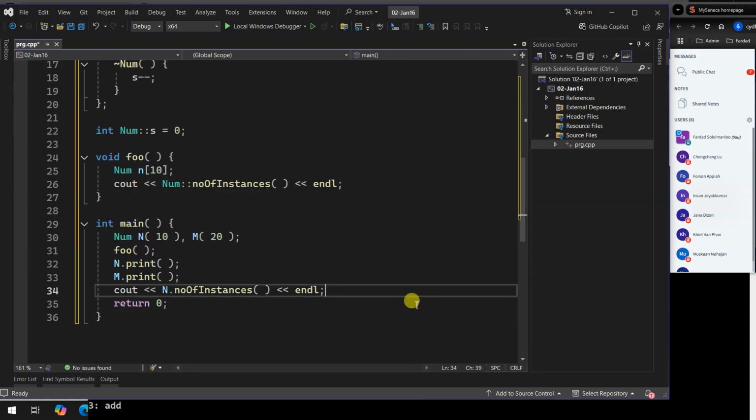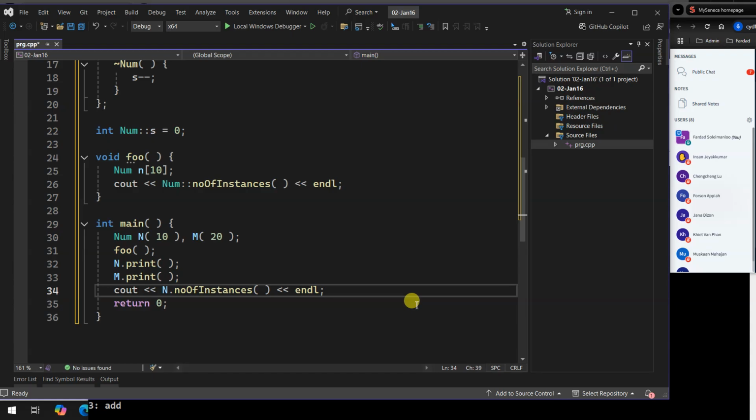As you see, the interesting part is that the static methods in other languages, I think it's in C# or Java, work like a namespace.